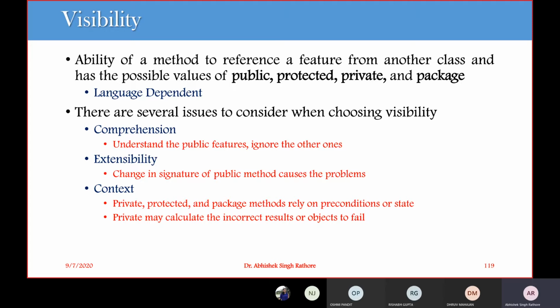So this visibility is the ability of a method to make a reference to other features of different classes. Like we have different values for this visibility: public, protected, private and package. और आप लोगों ने शायद स्ट्रीट पढ़ भी रखा होगा what is different in Java or C Sharp or in case of Python or C++.